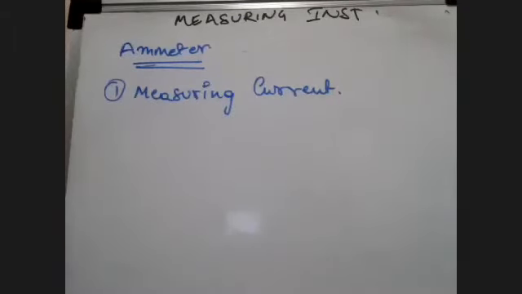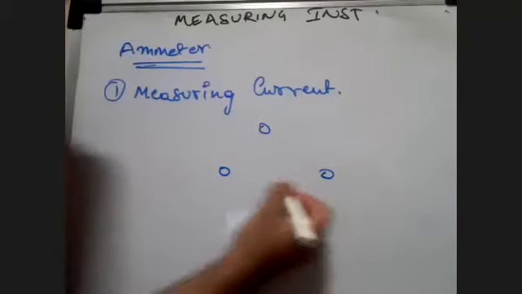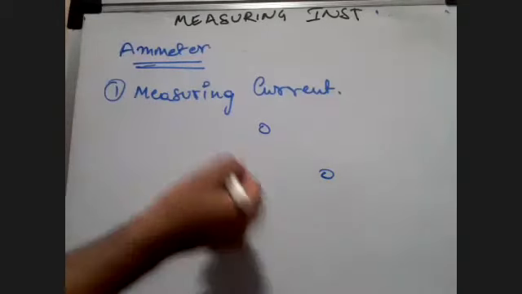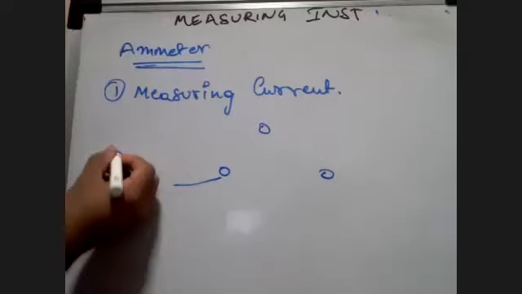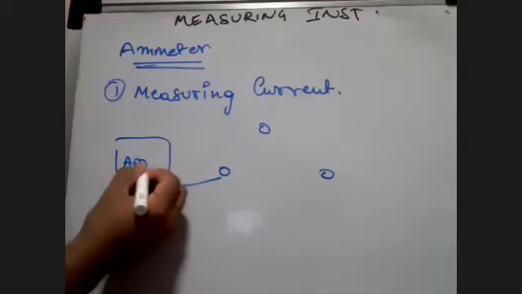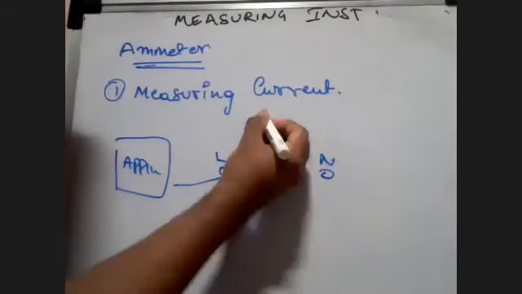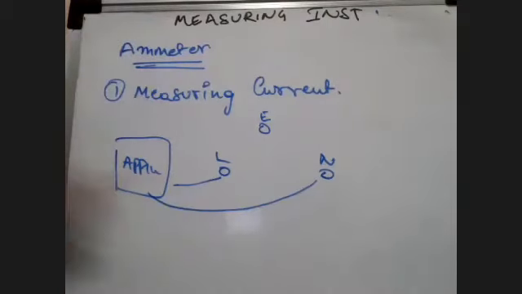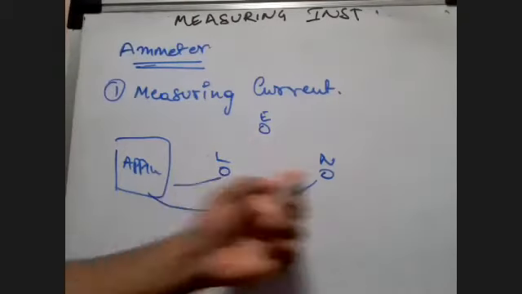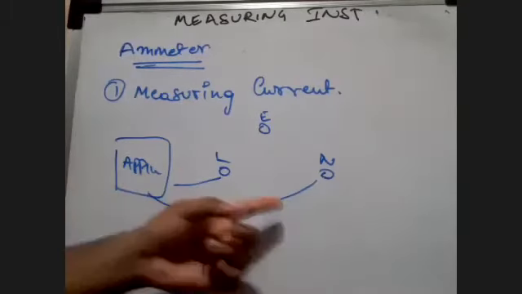So suppose I'll tell you a joke. Not a joke, it is basically a mistake by a certain technical engineer. We know the three pins in a socket. There was an appliance here, and we have line here, we have neutral here, and we have earth here, isn't it? If you all don't know what line and neutral are, don't worry. Just understand it's a 3-pin plug in your house, where you put your chargers and all. So two wires are going to the appliance.